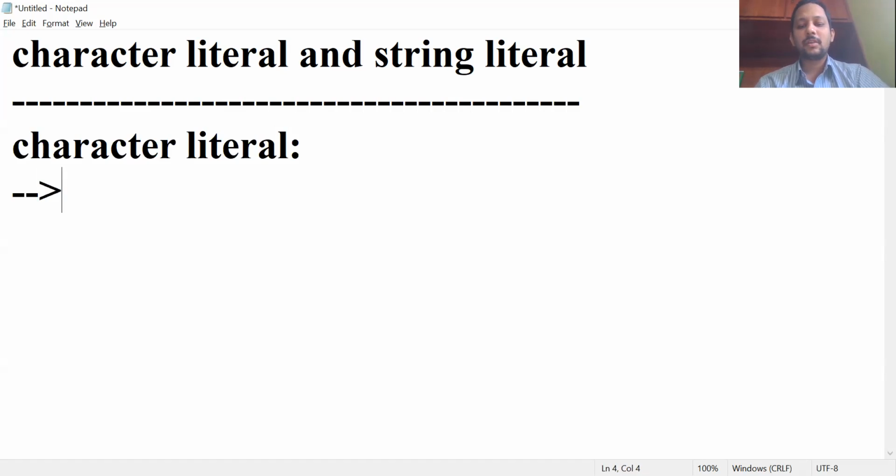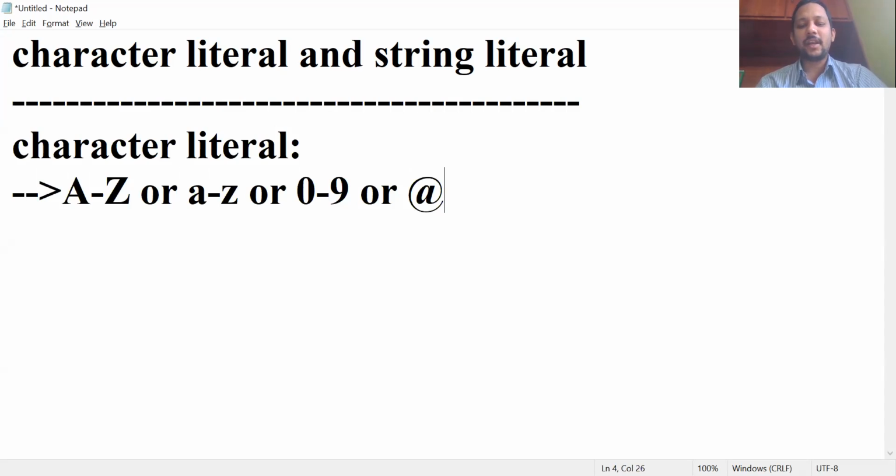That means alphabets, either capital A to Z or small a to z, or digits from 0 to 9, or any special characters like @, hash, dollar, etc. Any of these characters should be enclosed in single quotes.